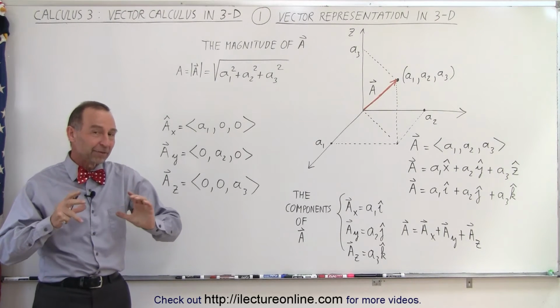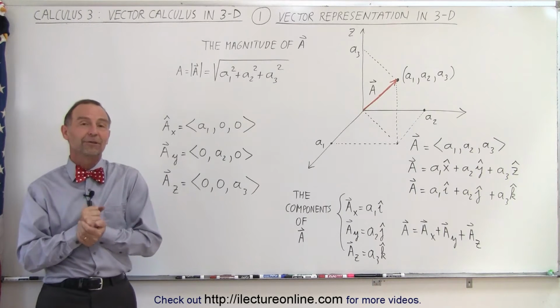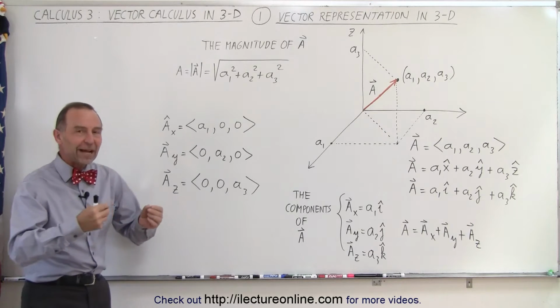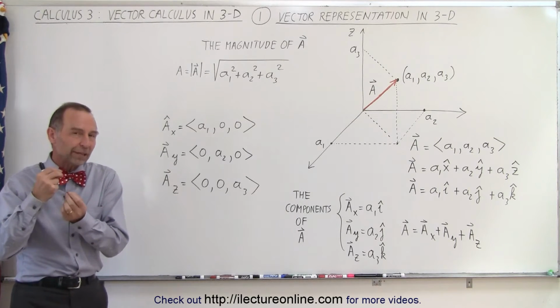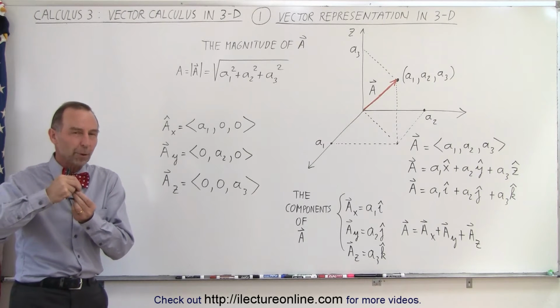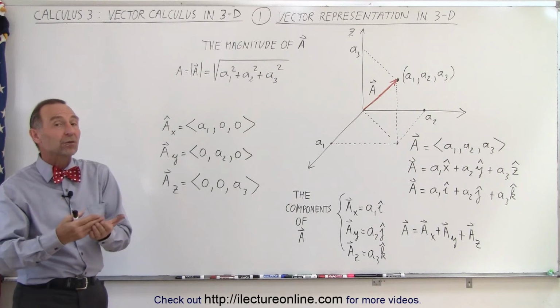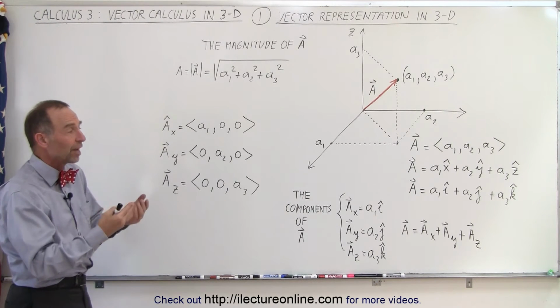Now that we had a little bit of an introduction into three-dimensional space, we're now ready to tackle vectors in three-dimensional space. So how do we define a vector in three-dimensional space? Well, a vector in three-dimensional space is going to have three components: an x component, a y component, and a z component. And in mathematics, we often talk about the i, j, and k components, which are synonymous to x,